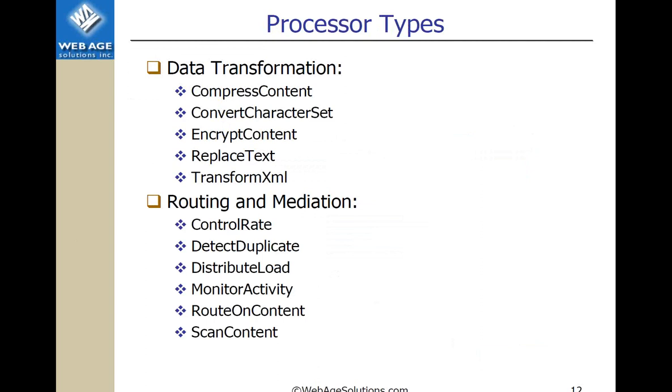So routing and mediation, that's another ESB strong point. You can control the rate, enforce back pressure, and detect duplicates, which would already be at the application level rather than at the system level. Route on content means that you would essentially parse, if it's an XML, with an XPath type of lookup, and you find a particular interesting point. Is it for approval, or for rejection, or for something else? Essentially, the system would be smart enough.